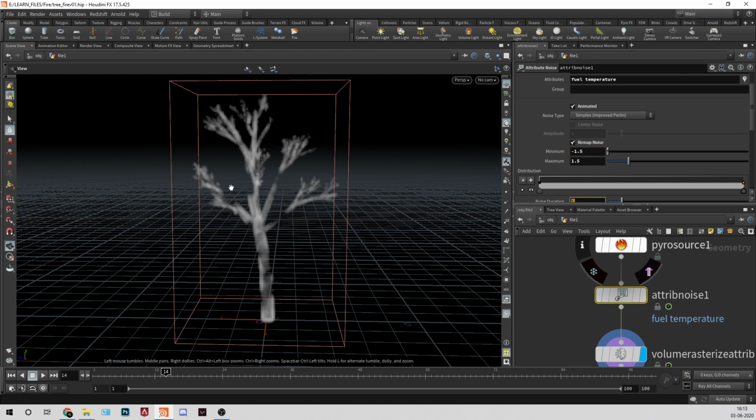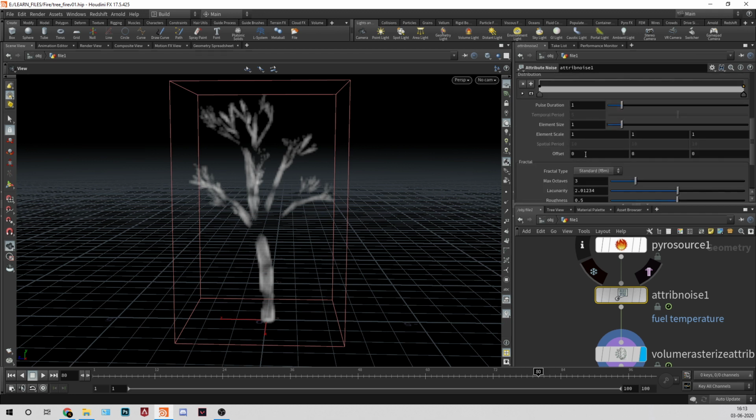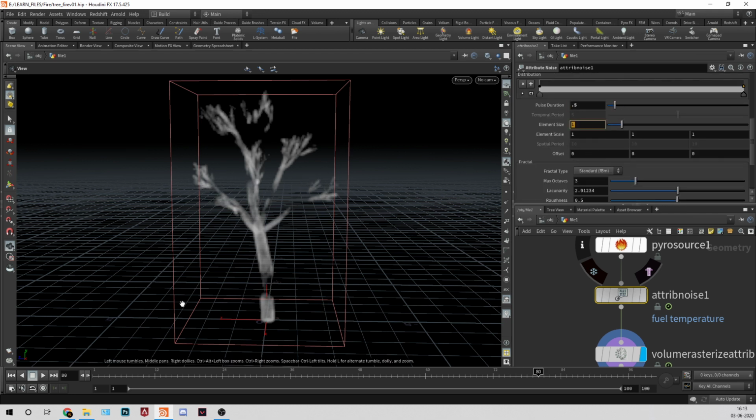You can see now some portions are blank, some portions are white. This is what we need, so it will emit fuel. One more thing, I'll decrease the duration a little bit, so it will animate faster. Yeah, that's cool.